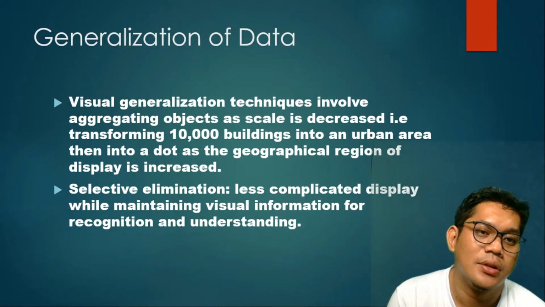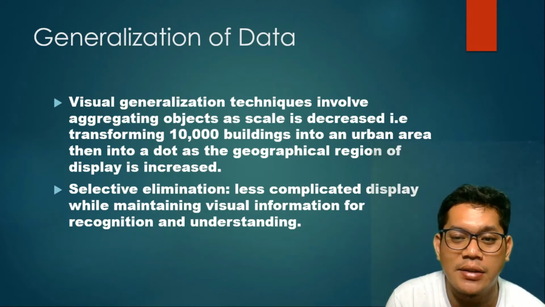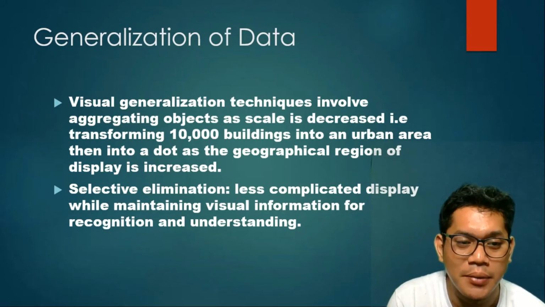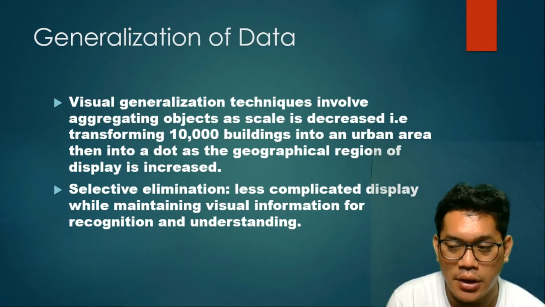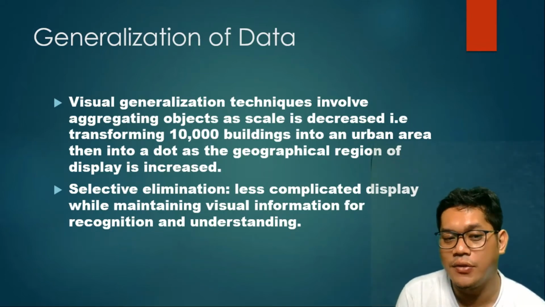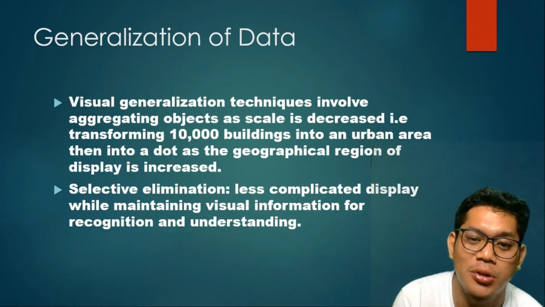So you have to generalize the data, where visual generalization techniques involve aggregating objects as scale is decreased, such as transforming 10,000 buildings into an urban area, then into dots as the geographic region's display is increased. And in doing the visualizations, we do have selective elimination, a less complicated display while maintaining the visual information